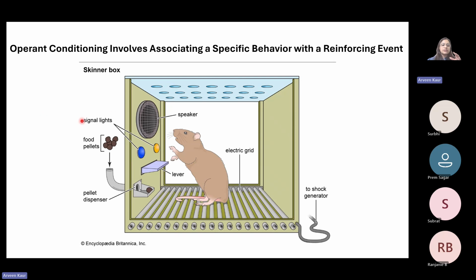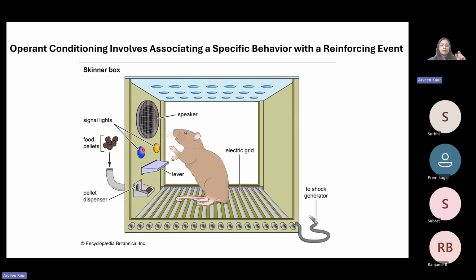Right? So what they used to do is, in this box, there would be a negative reinforcer and a positive reinforcer present. Positive reinforcer in this case is the food pellet and the water. Okay, in this particular one, water is not there. In this particular one, the positive reinforcer is the food pellets, right? So if the mouse presses this lever, it will get food pellets, right? Depending upon which light is blinked.